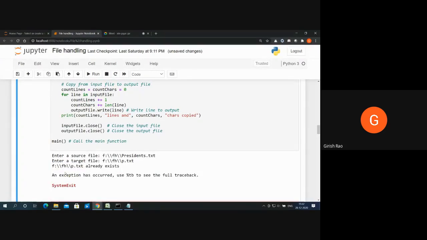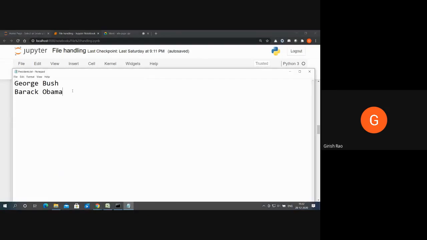Okay. So the main thing over here was we haven't learned exception handling, so we don't know really how to handle this. When you learn exception handling, at that time you'll come to know. Now, in this case, what has happened is this particular line was important, that this particular file already exists. Okay.